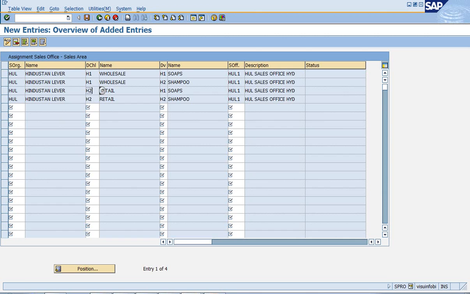For example, for retailers, we don't want to sell soaps loose, so there is no need of establishing that sales area itself. While creating your setup of sales area, you may not maintain that sales area, so nothing is going to happen. Depending upon the company requirement only, we go for the configuration.